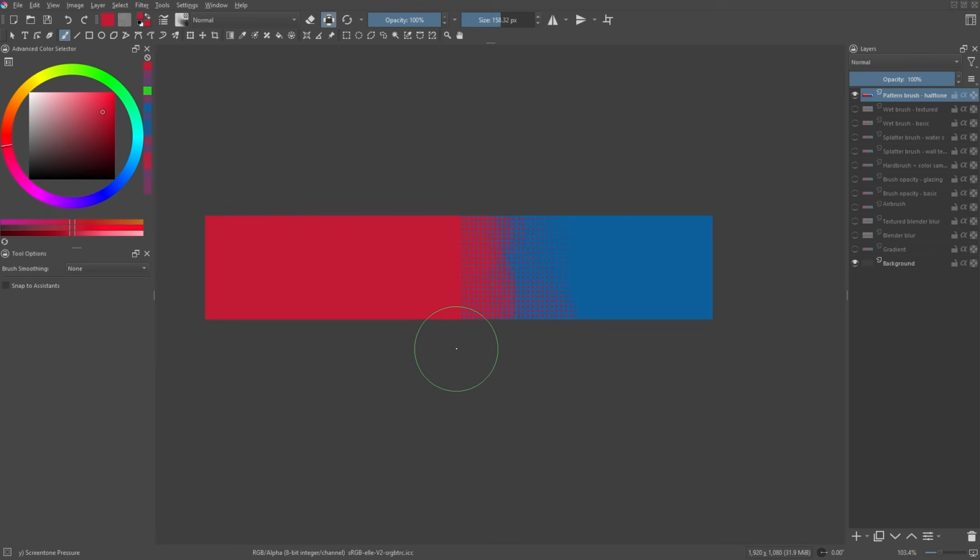Now, if you feel that the pattern scale is too small or too big, you can adjust it by clicking this small arrow button, then just change this pattern scale value. If we move it to the right, the pattern scale will get bigger. Whereas, if we move it to the left, the pattern scale will get smaller. Let me undo it first. We can try using the blue color. This technique can be useful for giving a manga-like shading effect. Feel free to experiment with other patterns provided by Krita if you want.